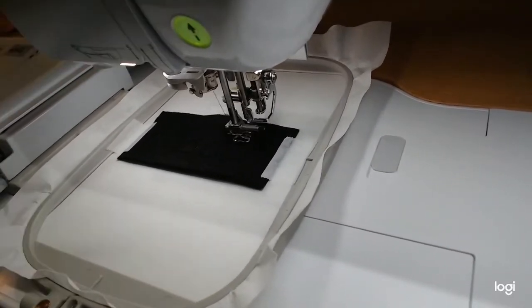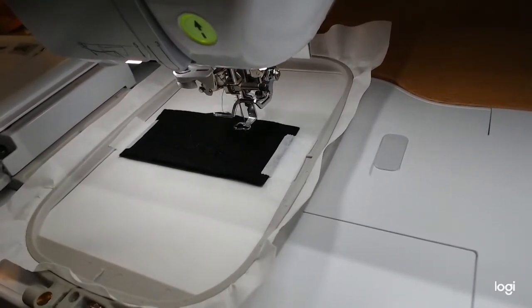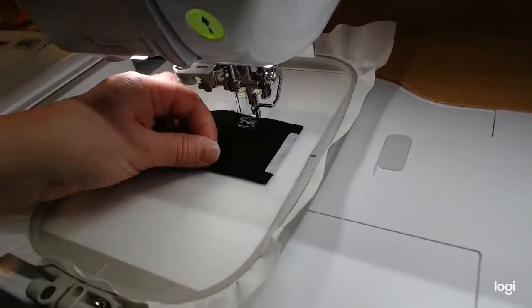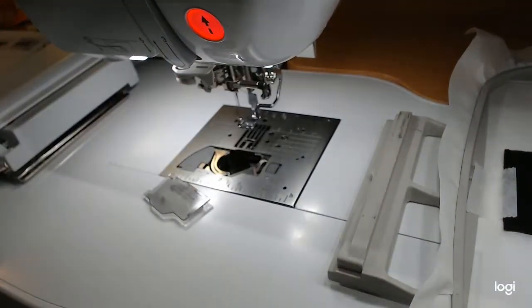Oh, I think I ran out of bobbin thread. You see, I think I ran out of bobbin thread. Sometimes it won't stop. My machine is dirty. I need to take it in and have it cleaned, and it did not stop. So you get to watch me fix it. Because when it made that little funny noise, did you hear it? That means I need some bobbin thread. So we'll just wind some bobbin thread. You get to watch me fix things